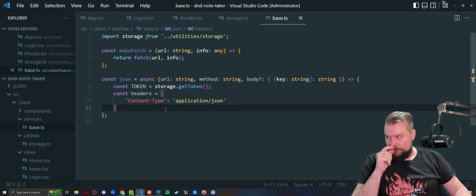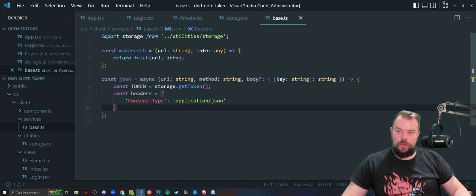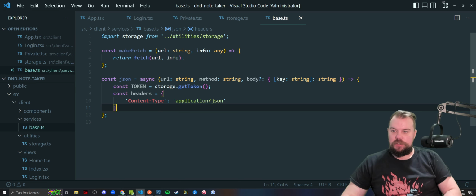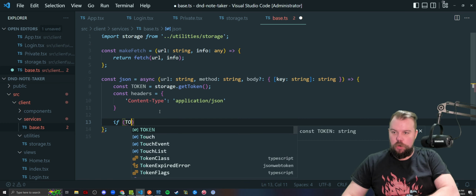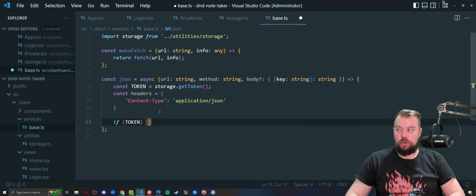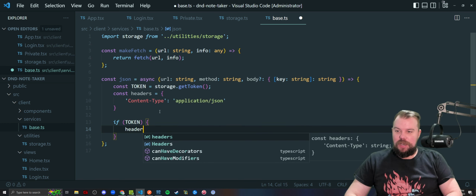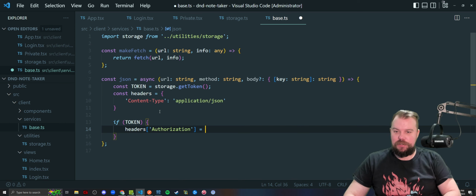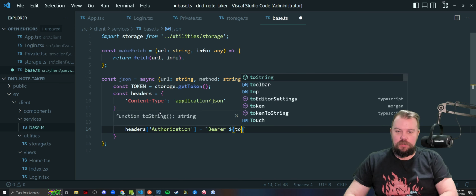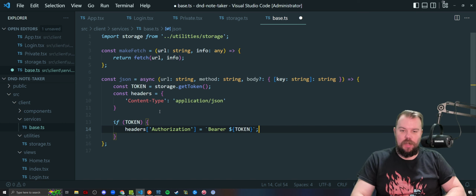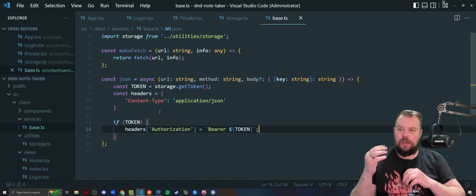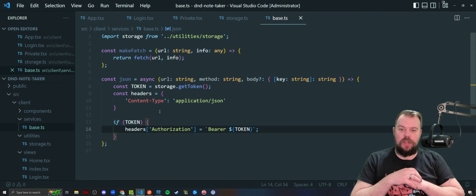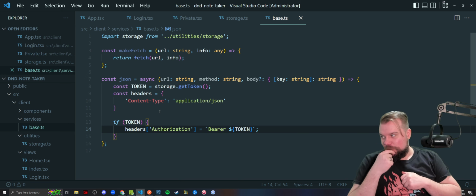I'm going to say that we're going to generate our headers, right? And we're going to say if token is true, meaning it found one in local storage, on that headers object, I need to add a key of Authorization and assign it a value of Bearer and our token that we got from local storage if it existed. That way it will add the token if it exists. So that way we can get it validated with our private endpoint, whatever that happens to be. Okay. Now,